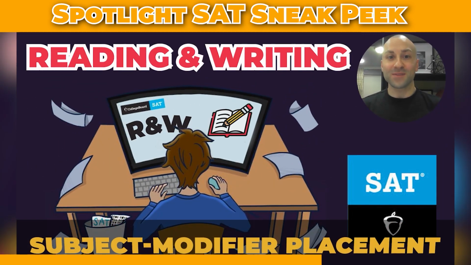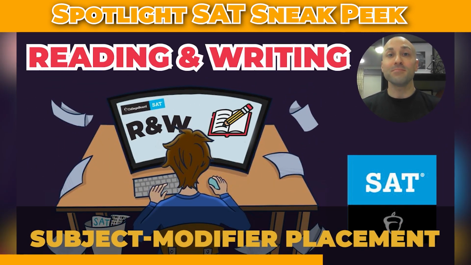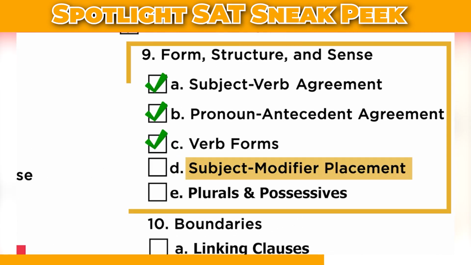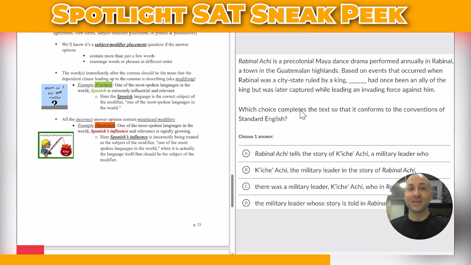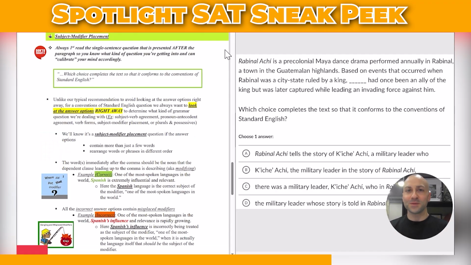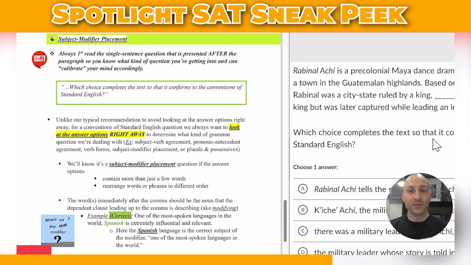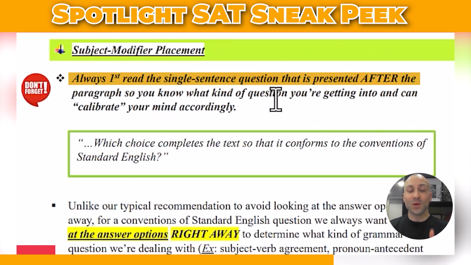For our next reading and writing lesson, we're on to subject modifier placement, which is the 4th of 5 subcategories of form, structure, and sense, the 9th overall theme of the reading and writing section. Subject modifier placement is on page 21 of our Triple T document. So by now you're very comfortable with the fact that we right away go ahead and read that single sentence question that's presented